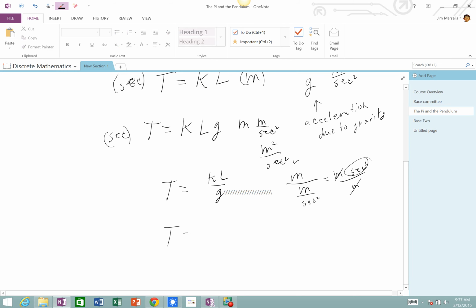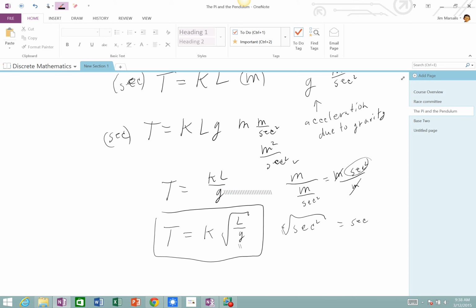Well, one way we can do that is just take the square root of our units. Take the square root of L over g, and so now we have the square root of seconds squared. And of course the square root of seconds squared is going to be seconds. So we can speculate that the period is some constant times the square root of L over g. And now, armed with that